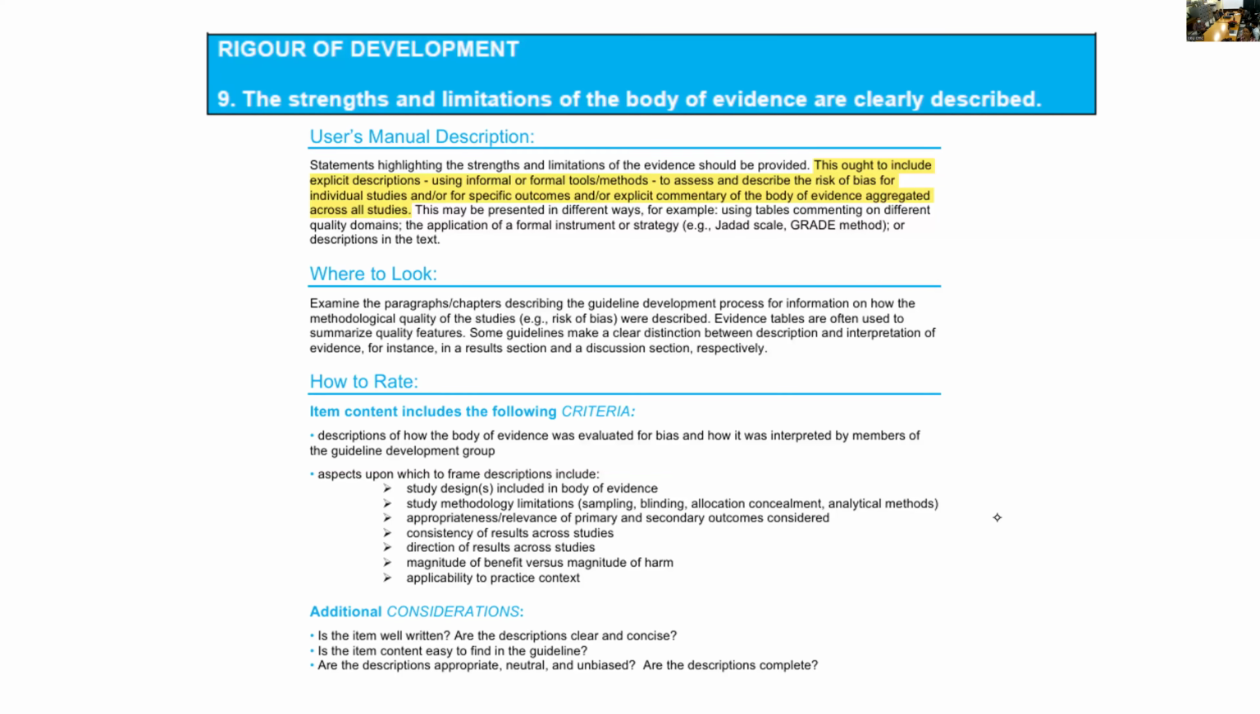Next, the strengths and limitations of the body of evidence are clearly described. So here again, the study design, study methodology, including sampling, blinding, allocation concealment, appropriateness and relevance of the primary and secondary outcomes considered, consistency, direction of results, magnitude. These are all the things that we need to take into account for rating this question. To answer this,